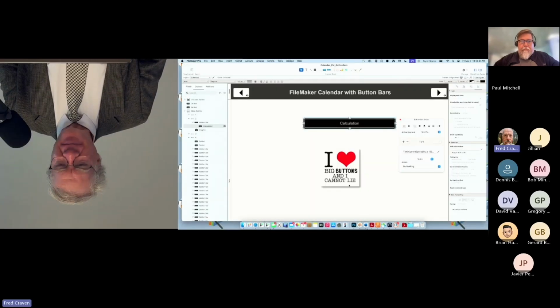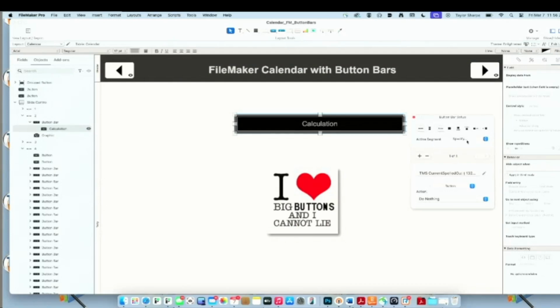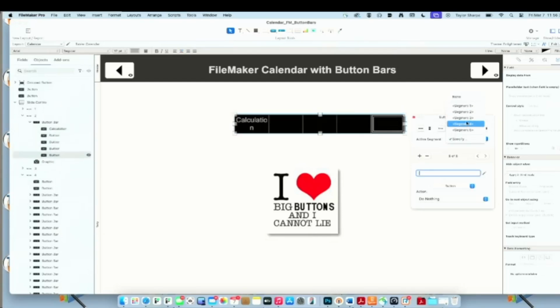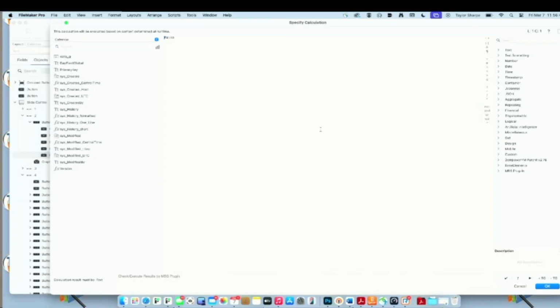So active segment, you're specifying with a calculation. Yes, 0 or 1, okay. So you can have multiple segments, and I can choose which one I want to be the default segment, and it will format differently. It'll format whatever the active is. But a lot of times you don't want that, and so you just come in here and do it by calculation and just give it a false or a 0.